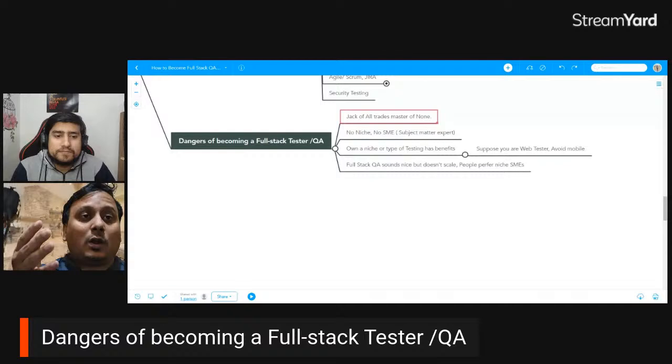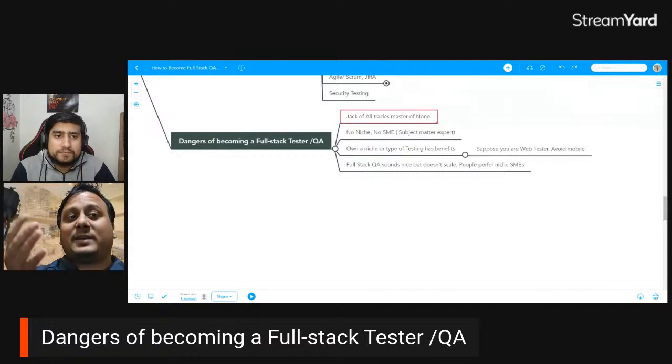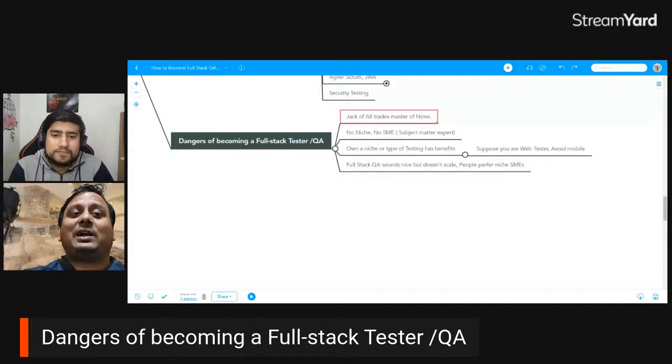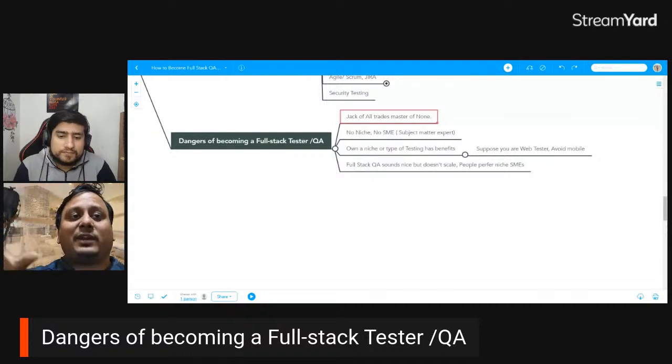A lot of companies especially require SQL migration testers, right? They don't care whether you know automation or not. Have you done migration testing? What kind of test cases have you done? Do you know how to create procedures, SQL stored procedures? Do you know how to fetch data? Do you know how to validate data between different sources?